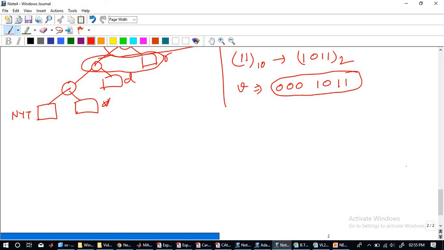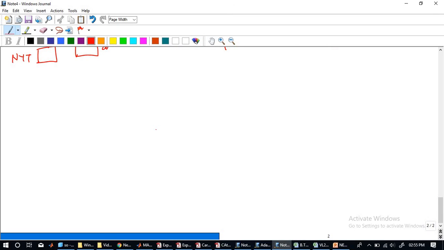So the final outcome, the tree would look like this. Just give me 1 minute, I'll finish off with this. This is R, this is after swapping. I think this should be 1, this should be 2.